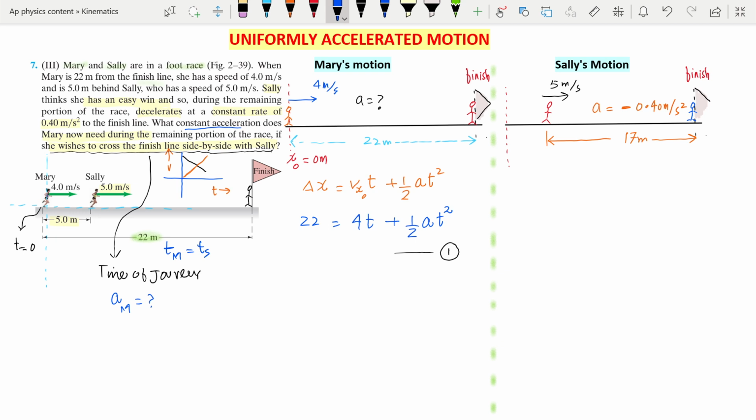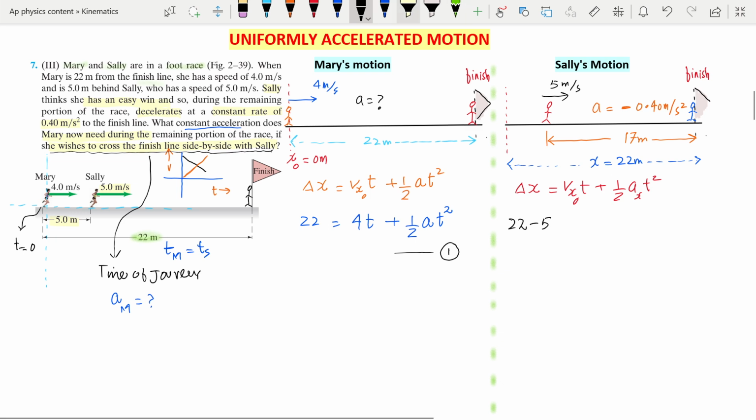Okay, and then we will use that time in this equation to calculate the acceleration needed. So this 22 meters is the total distance. If we apply this equation, delta x is equal to vx0 t plus half ax t square. So for Sally, it is x minus x0, which is 22 minus 5, which is 17 meters, because Sally has covered